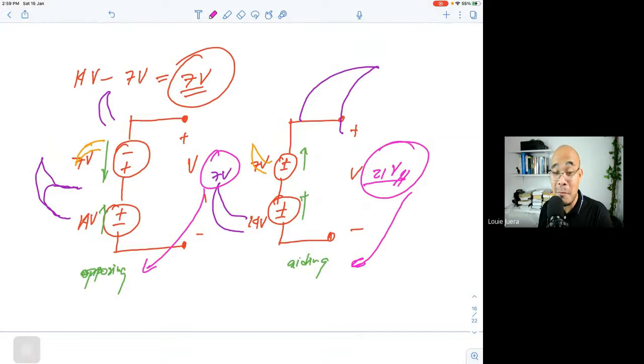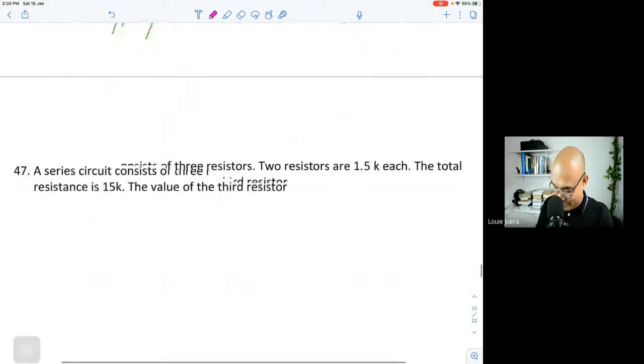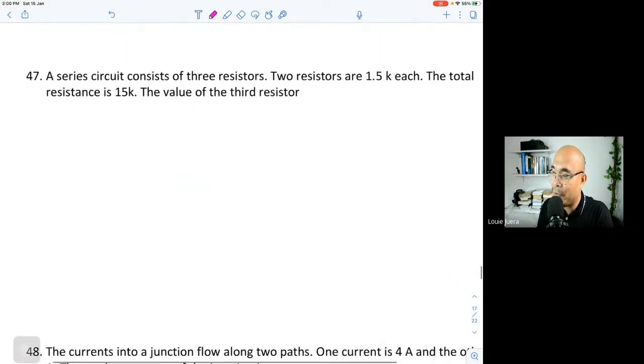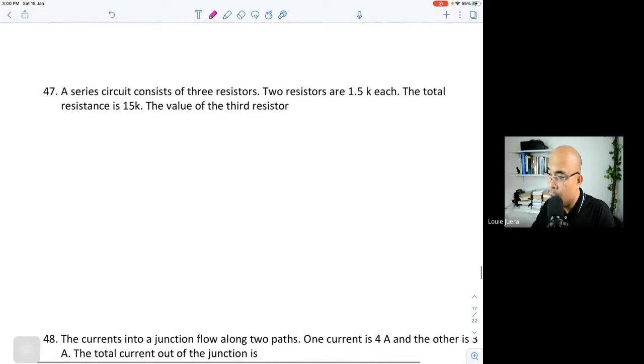digital blackboard, digital whiteboard. Now let's proceed with number 47 here. A series circuit consists of three resistors. Two resistors are 1.5K each, and the total resistance is 15K. The value of the third resistor, this is very simple. So to illustrate this one, you have